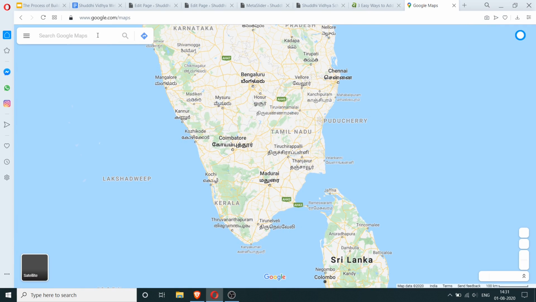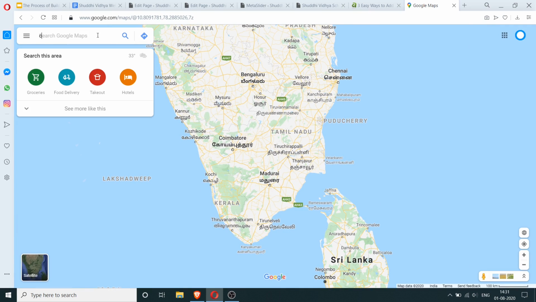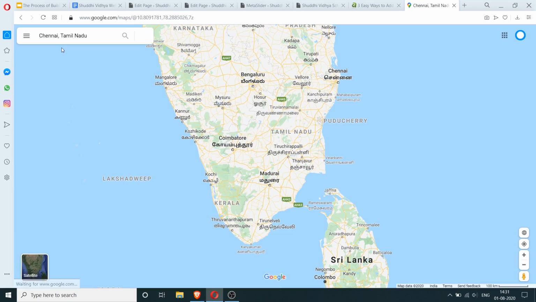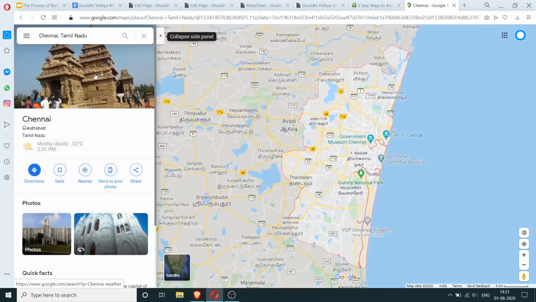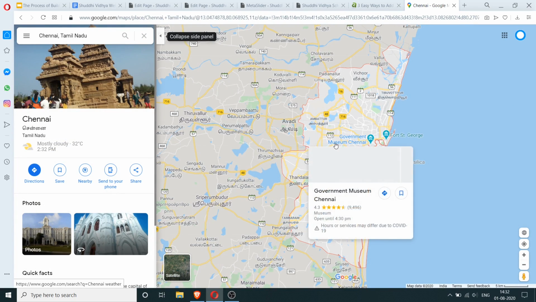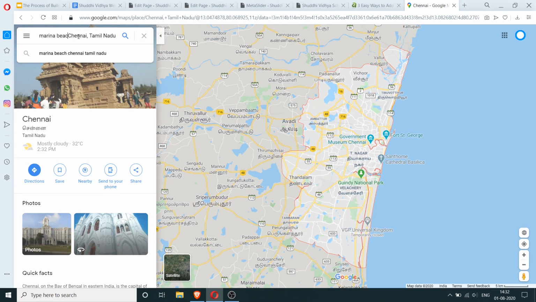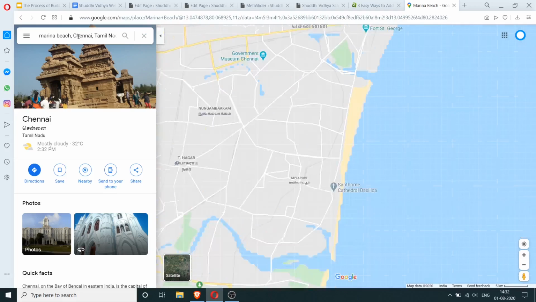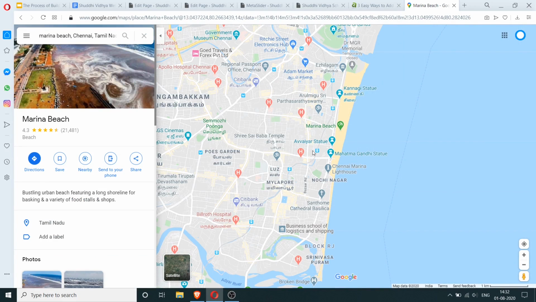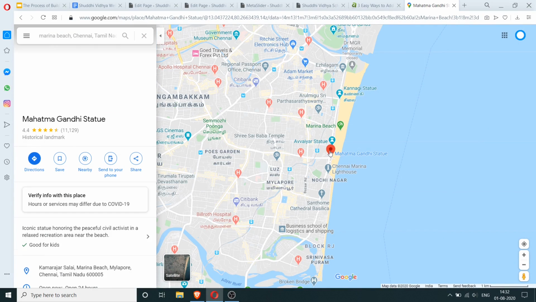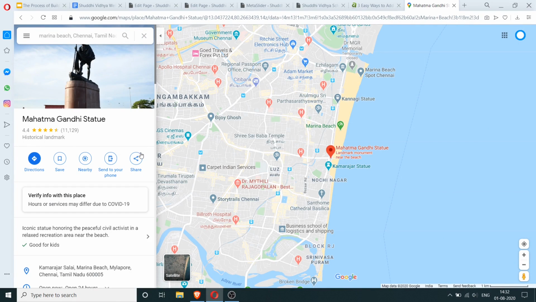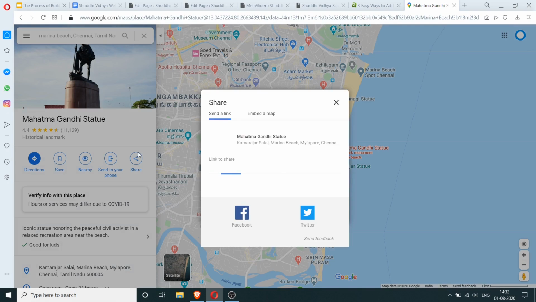And I'm going to look for, and we don't really have an actual location, so let's use this as the location, and let's try to embed a map.